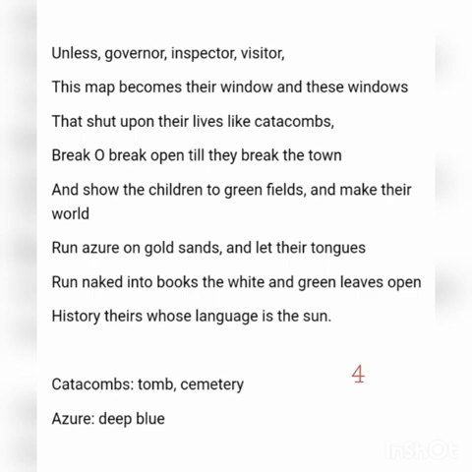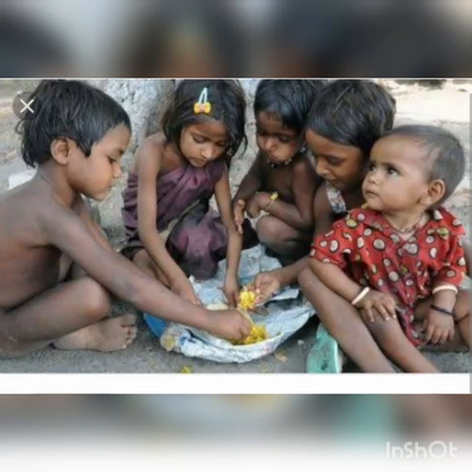Broken means break open, means they are lying shut like the underground graves. There is a word catacombs, means underground graves. So these obstacles should be broken. Everything that binds them should be broken. They must be allowed to breathe in the open air. Let them come out of their narrow lanes, the dirty slums. The world should extend to the sky blue waves rising over the golden sands. Let the pages of wisdom open for them.